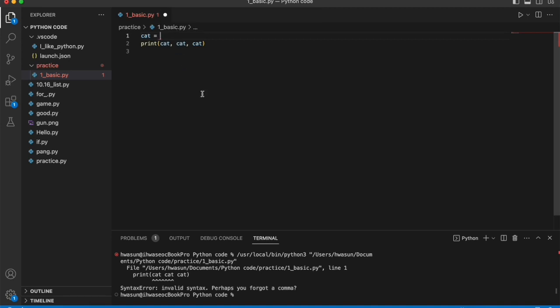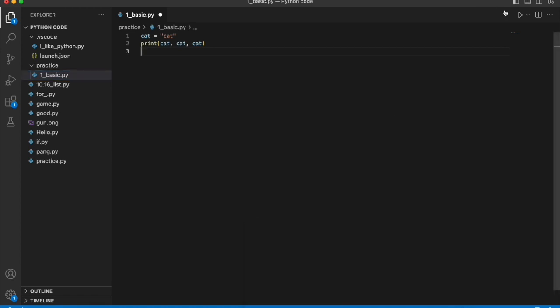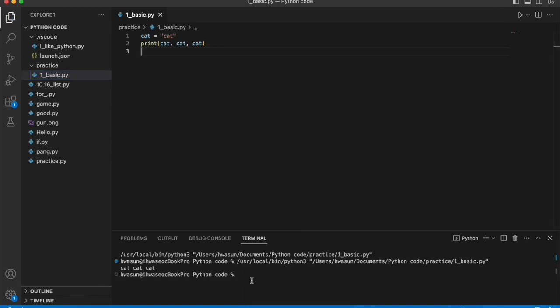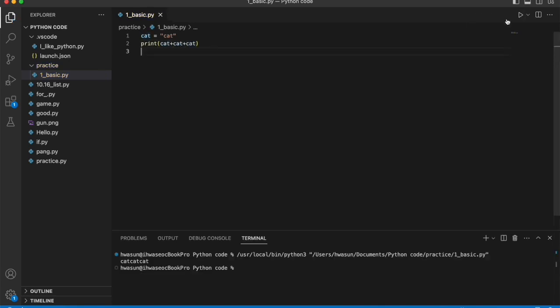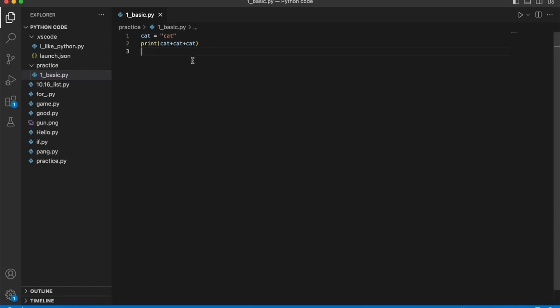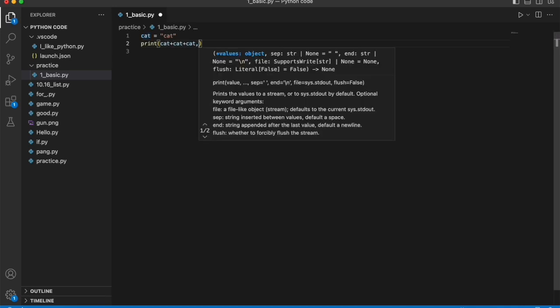And you could write cat in it, and it will say cat, cat, cat. Also, you could connect variables with a plus sign, but it will not leave spaces between them. You could fix this by changing it into a comma, but if you don't want to, then you could